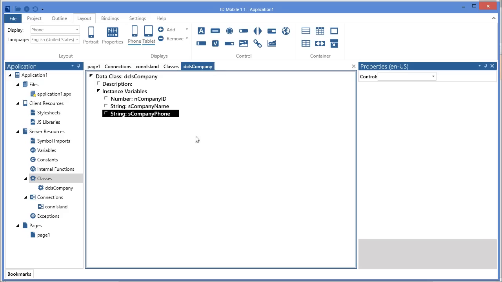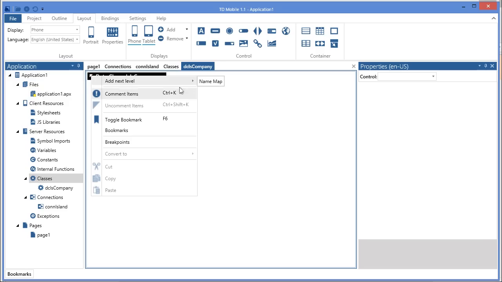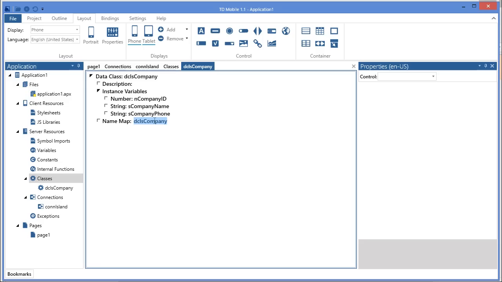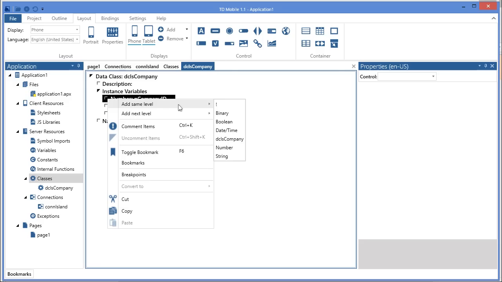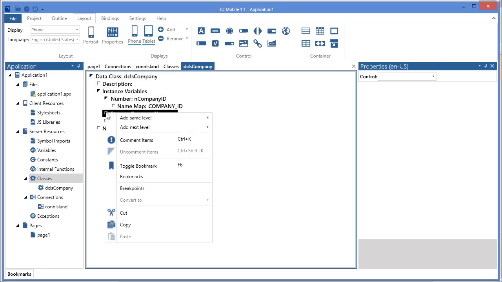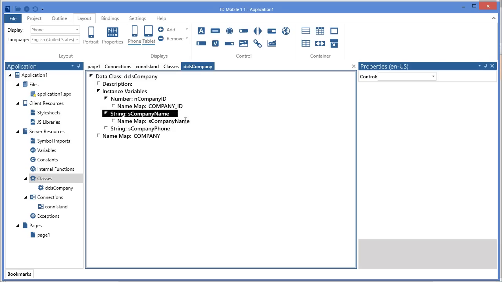Now the names I've chosen here are not the exact names in the database itself from inside the table, so I need to map these to the actual names. That's our tie to the database. So for the name itself for the table, it's company. For the ID, it is company ID. For the company name, and for the phone number,